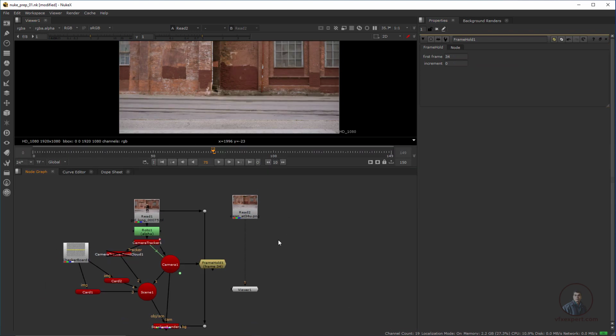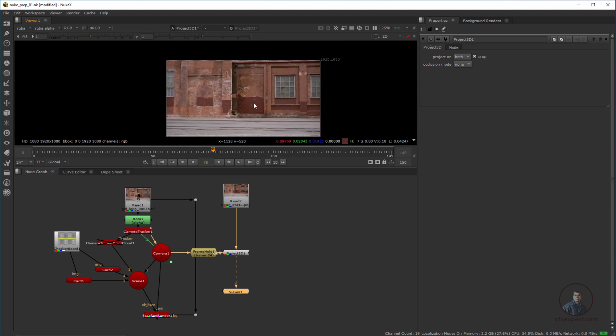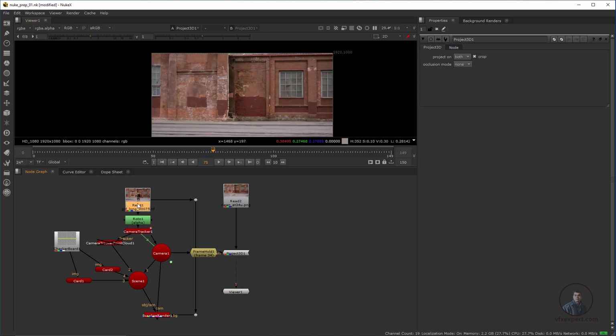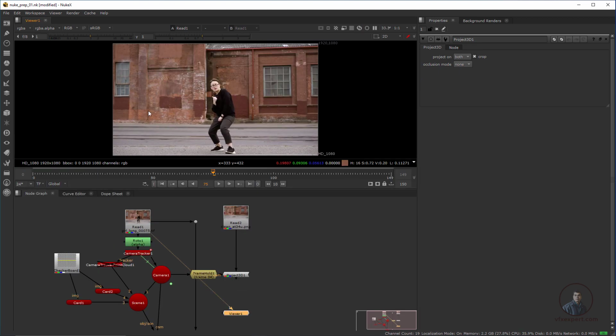Then take a Project3D node: press Tab and type Project3D. This camera which you created, a static camera, will be our camera. We have to connect it here, and this input we connect with our clean plate. After this, select this base card, whatever your ground card is, because first I will remove this portion, then after this I will remove the top portion. So this is our footage, and press 1 here. First I am going to remove this base portion, after that I will remove the top portion.